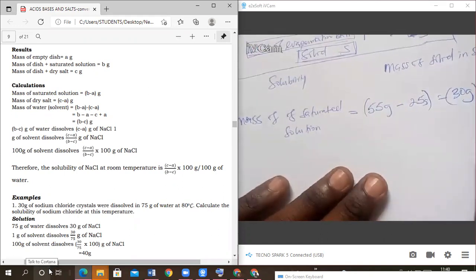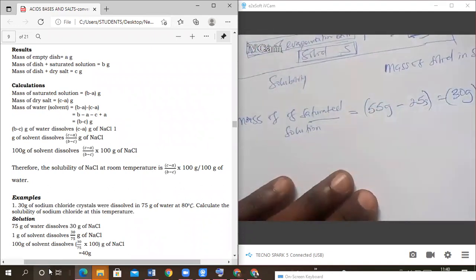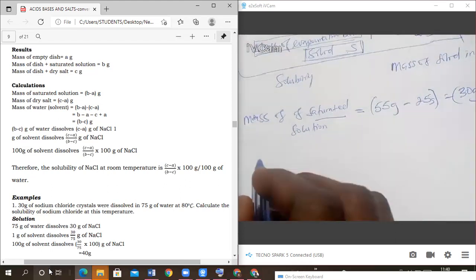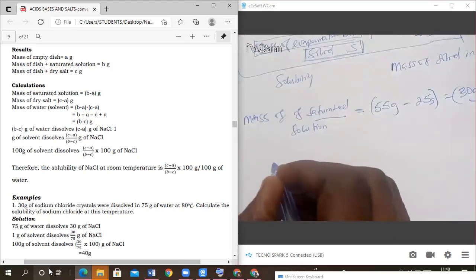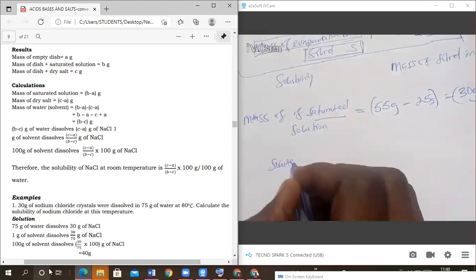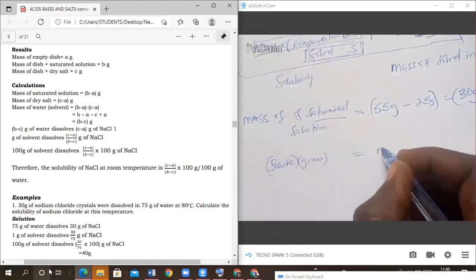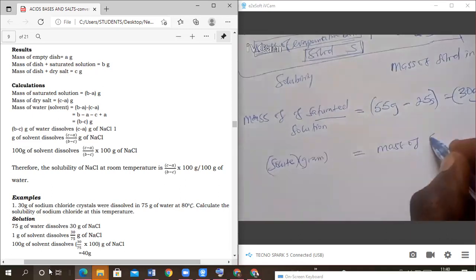So the 30 grams is for the saturated solution. But in our calculations, we need the mass of the solute in grams, and then we also need the mass of the solvent